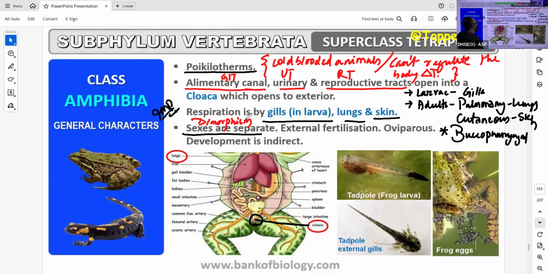Fine. External fertilization. Okay. External fertilization, how does it happen? As you can see here, the frog lays its eggs. Okay. Simultaneously,